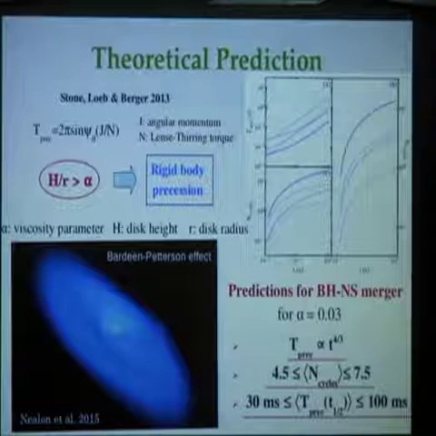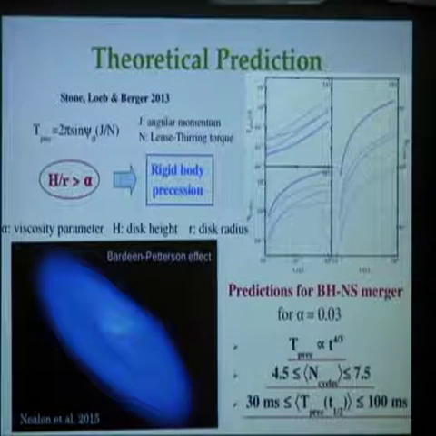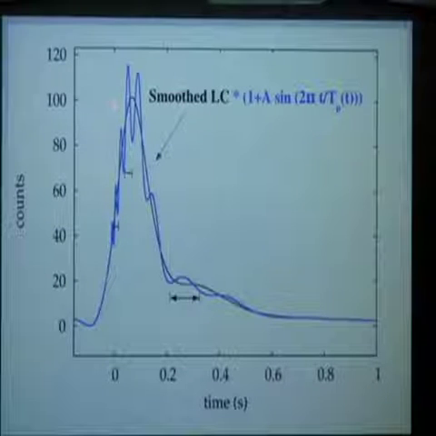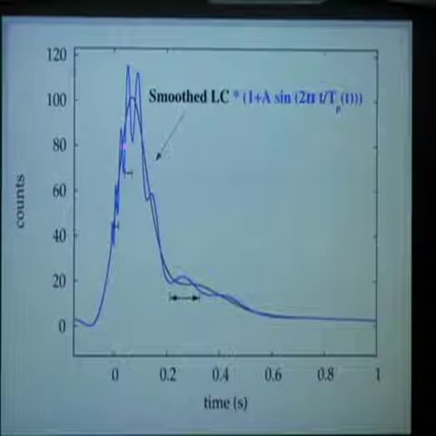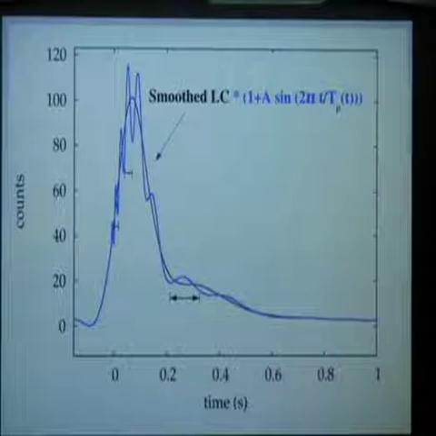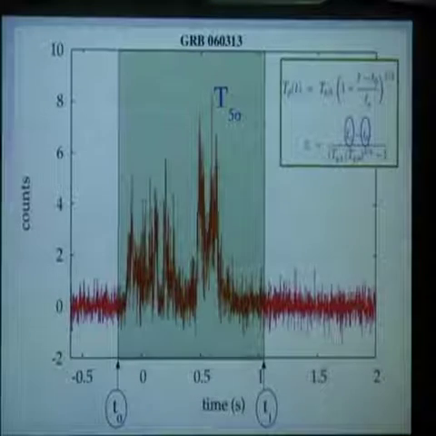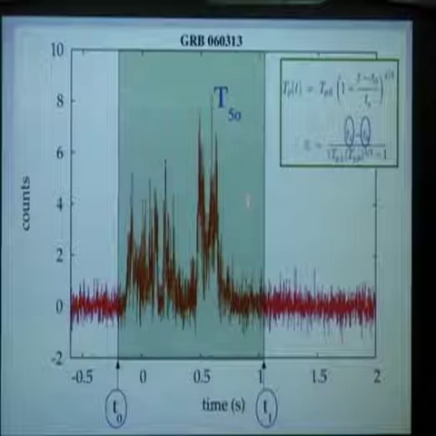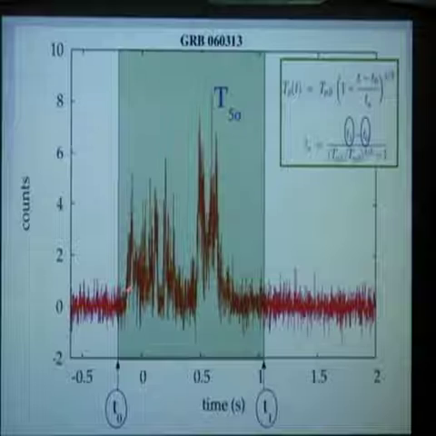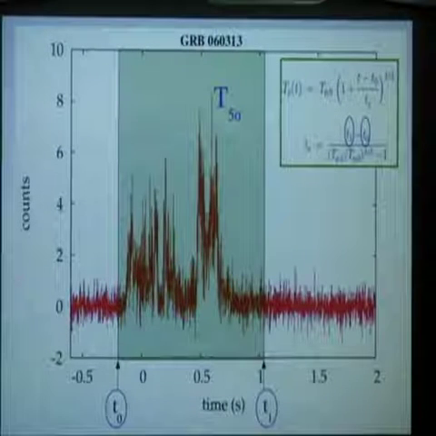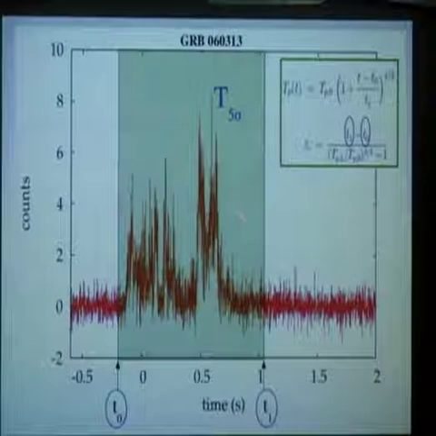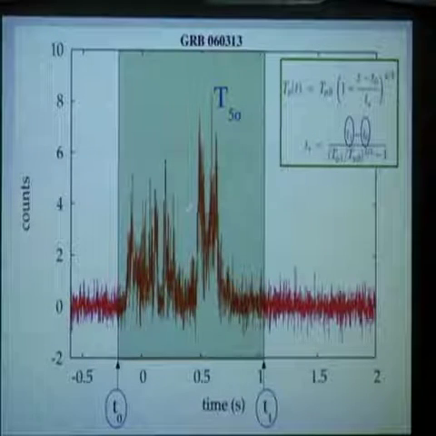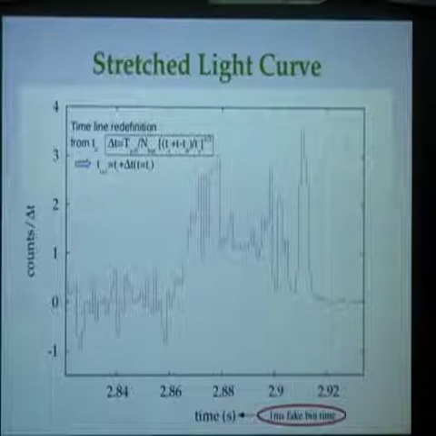So we try to look for this kind of periodicity. You should observe something like that, a periodicity that evolves with time. So we focus our analysis on the signal of the short gamma ray bursts, the T5 sigma. The T5 sigma is the part of the signal that stands about 5 sigma above the background level. So we focus on the signal of short gamma ray bursts, and the only way we found